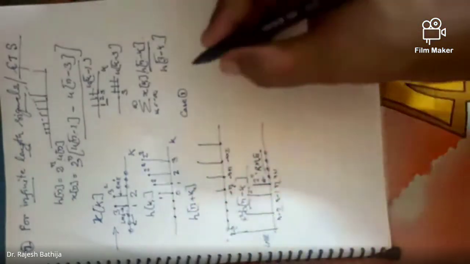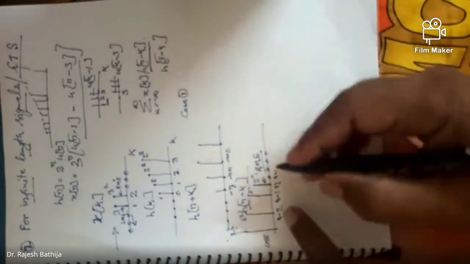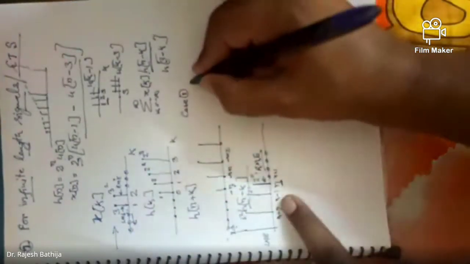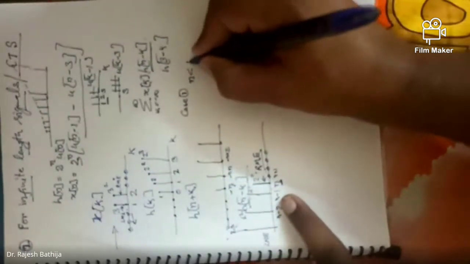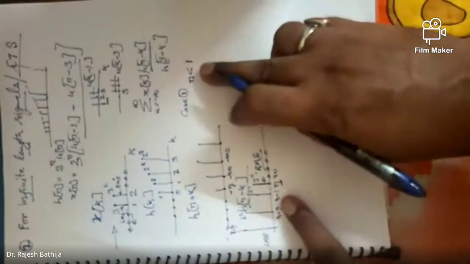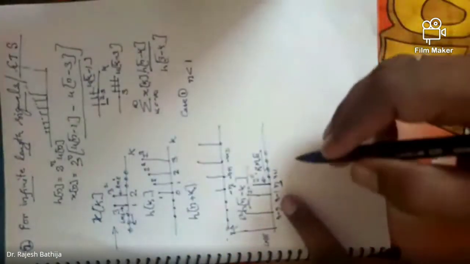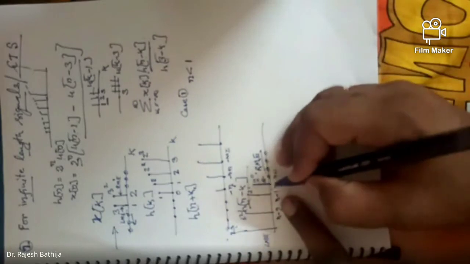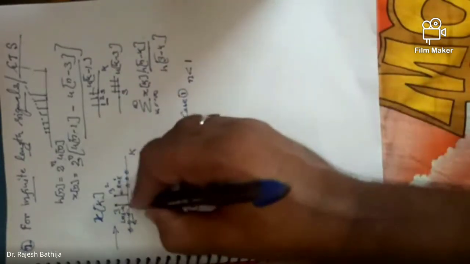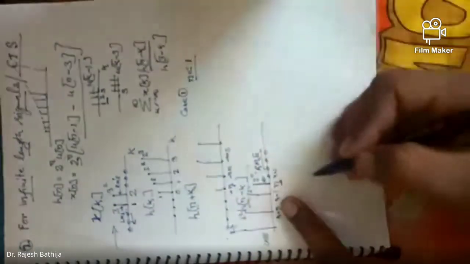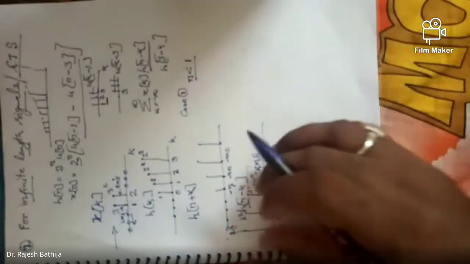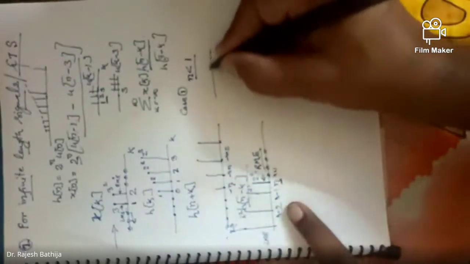So what will the first case be? It is not that we will just pick it up and place it like this. There should be some condition. Condition is what? That this n should be less than 1. If n is less than 1, here it is not included equal to, because if I write n equal to 1 here, it will be a different case, right? So if I write n before this one, before this one means n is less than 1.